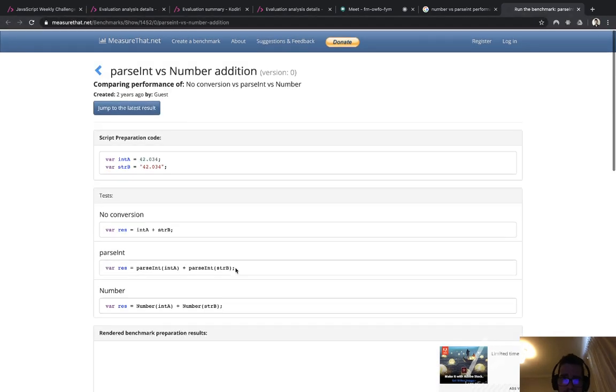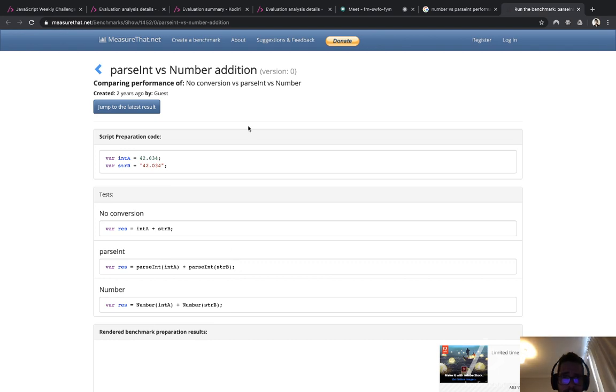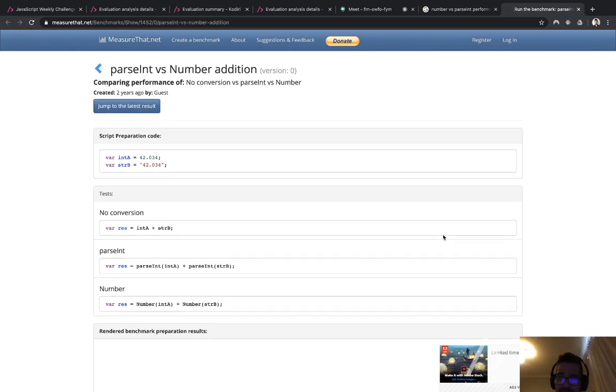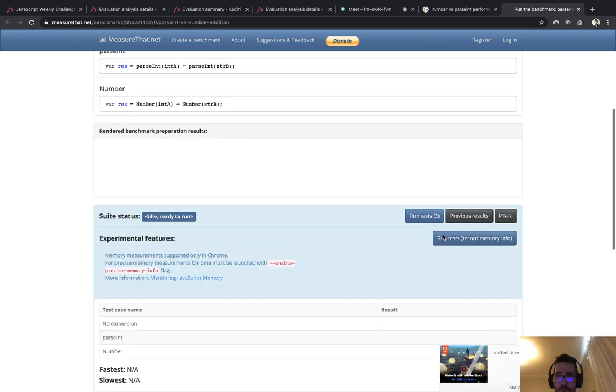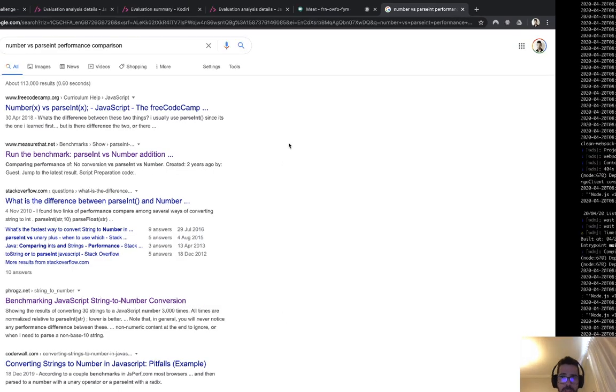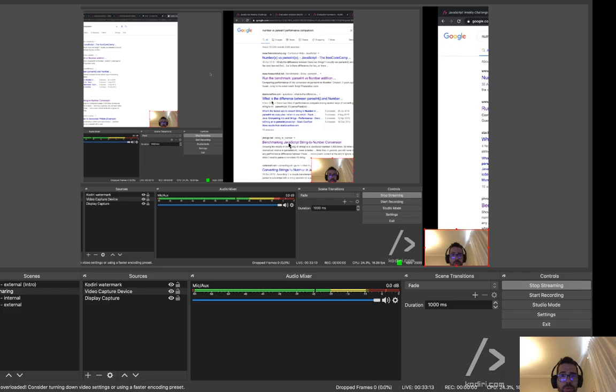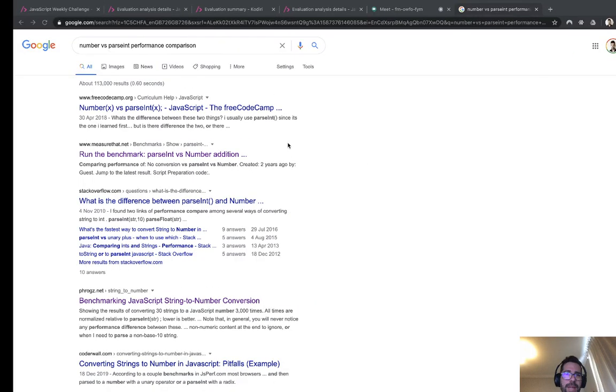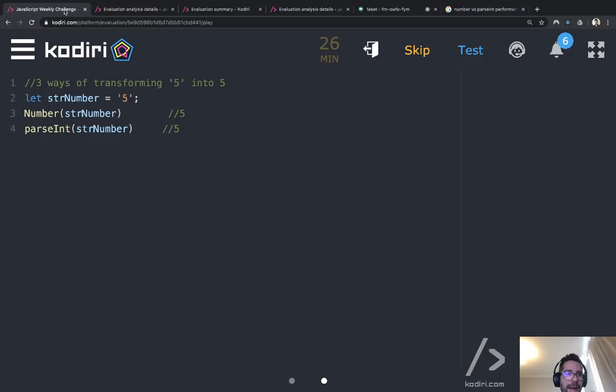That's a bit strange. Well, even though I cannot show you what I wanted, rather than giving you a number telling you how much performance Number has against parsing, think about something, guys. When you use parsing it is way more complex.